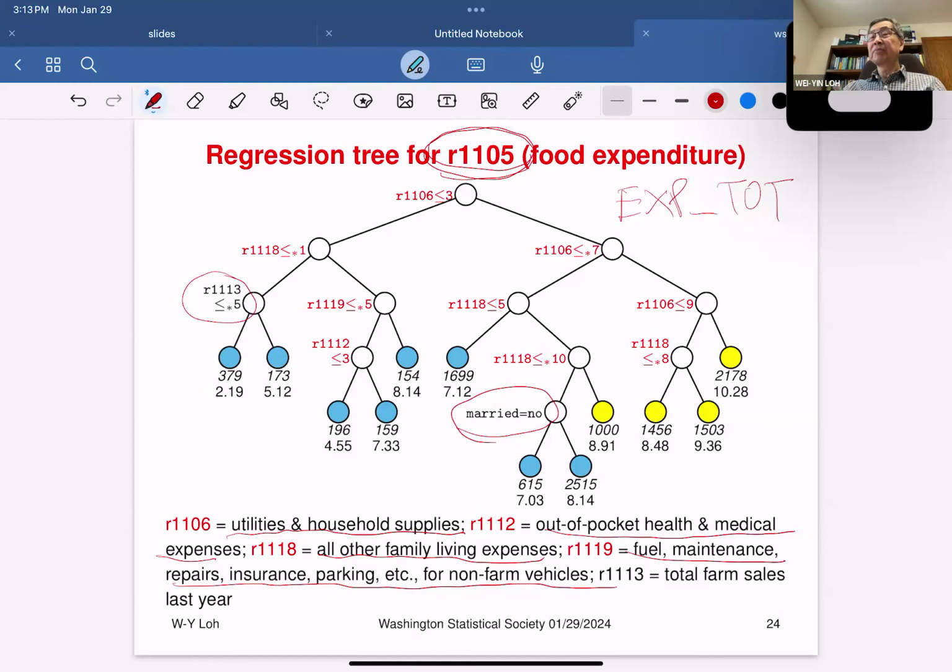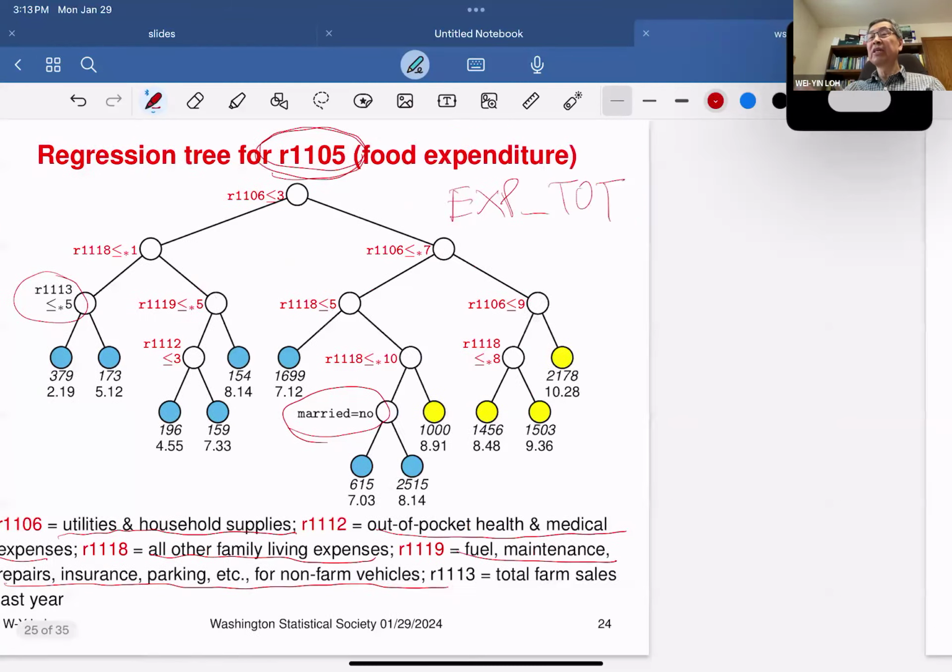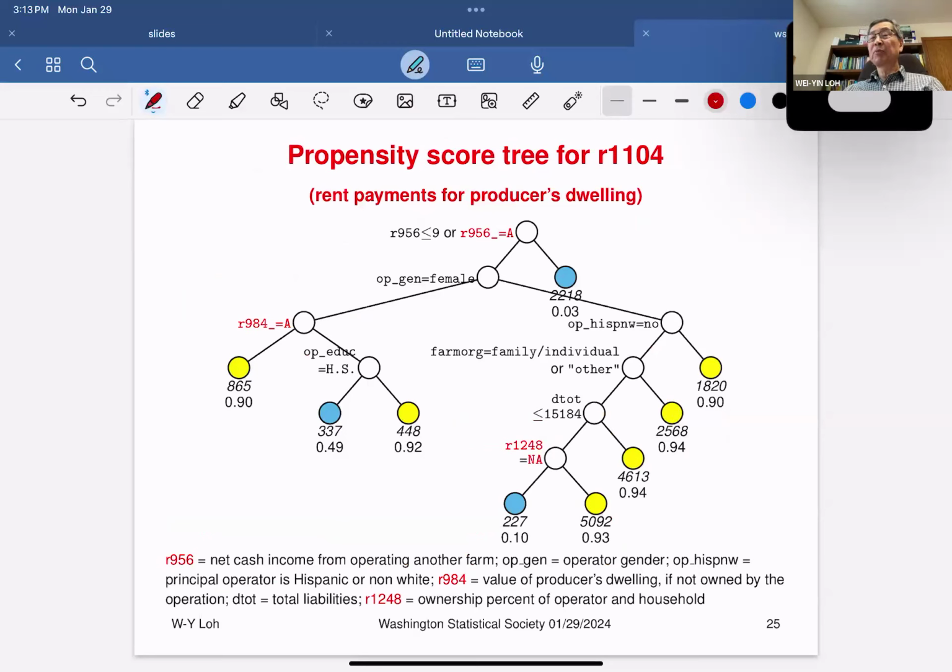Okay. So here's just one example of a regression tree. Here's a propensity score tree. And in the propensity score tree, remember, we're trying to estimate the probability that the variable is non-missing. So here, R1104 is a component of total expenses, and this variable means the rent payments for the producer's dwelling. And now you can see splits like this, right? The x-axis is R956, and if R956 is non-missing and less than or equal to 9, or if R956 is missing,